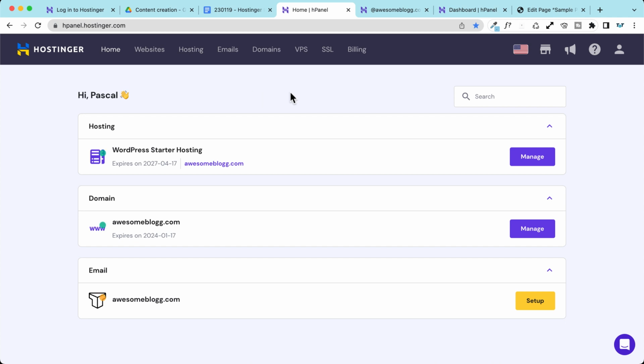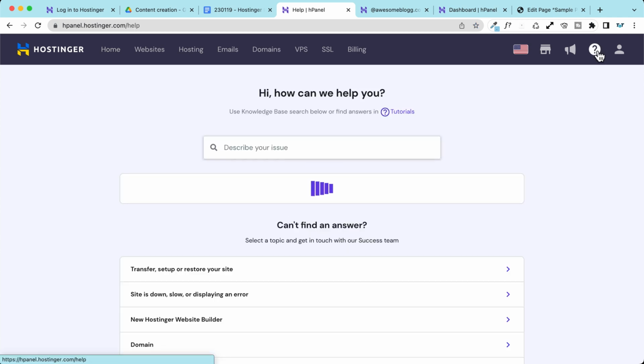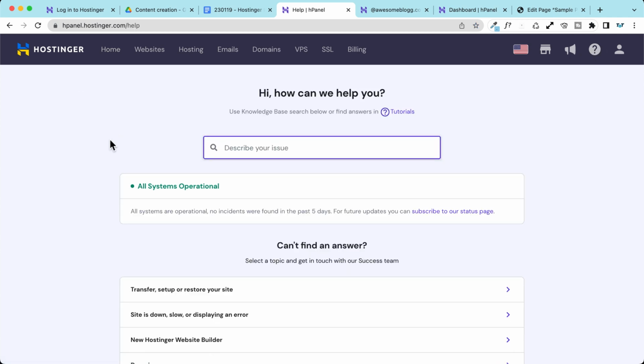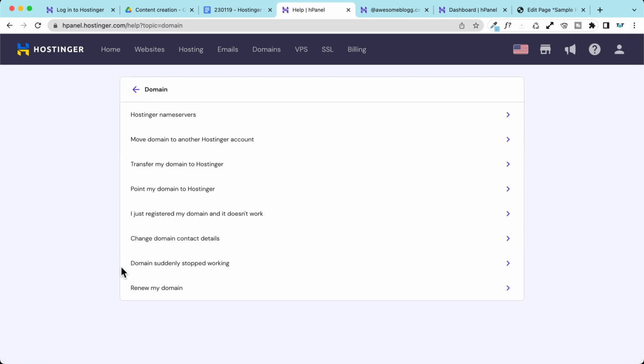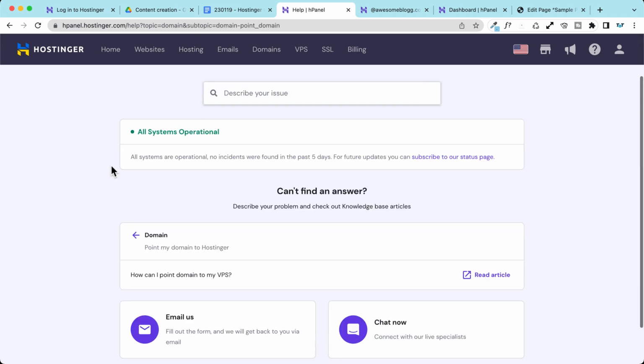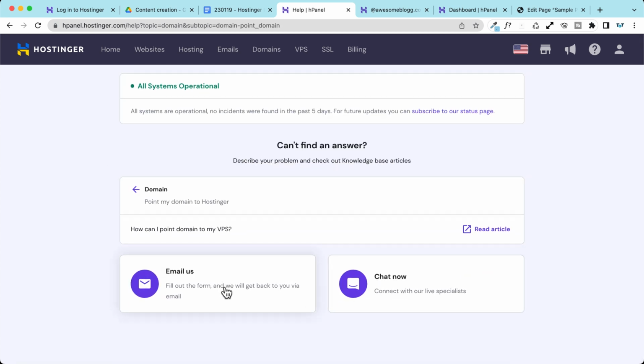And then if you want to have some help, of course, you just need to go here under help, and then you need to describe your issue if you want, or you can just select here the category in which you need help. For example, if you got stuck with your domain registration, you click on domain, you scroll down here and you just select one of your issues, for example this one, and then you can go and select chat or email. If you prefer to email and get the reply through your email, you can just select this one. Or if you want to chat with an actual support team member, you can click on chat now,